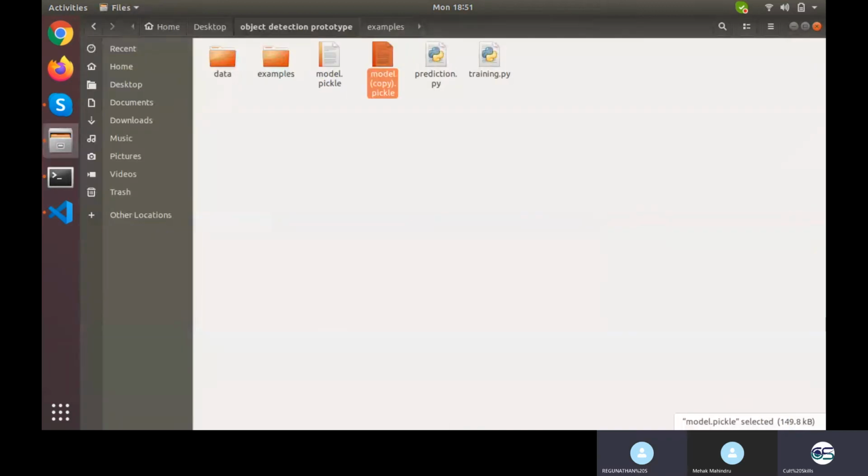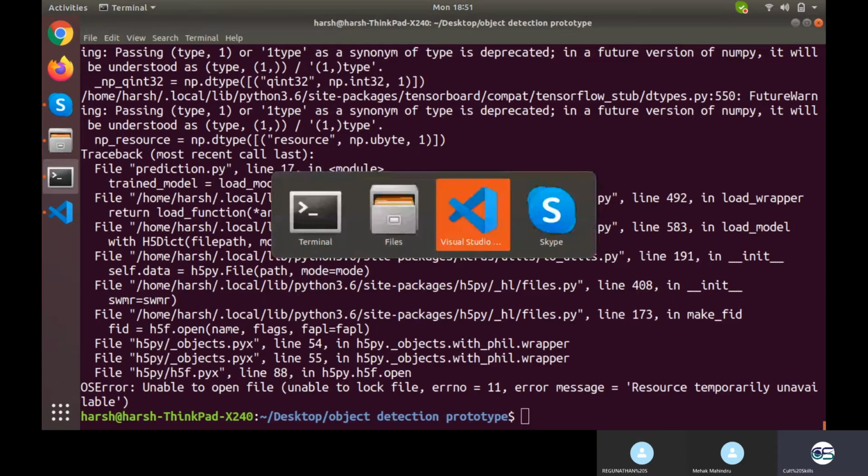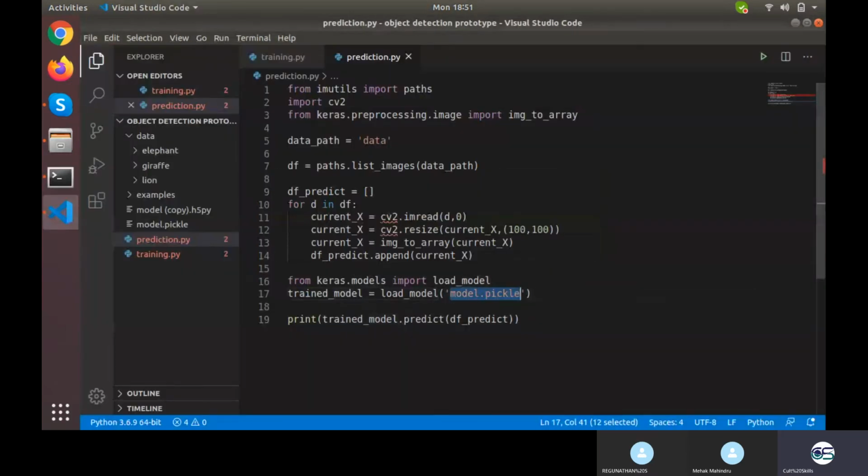Sir, you have saved with the pickle extension. Sorry. Yeah, but like that will not make sense. I forgot to actually save it in H5py, or you can save it in any format. But pickle actually shouldn't be used, but I don't think so it will make sense anyhow. Let's try.